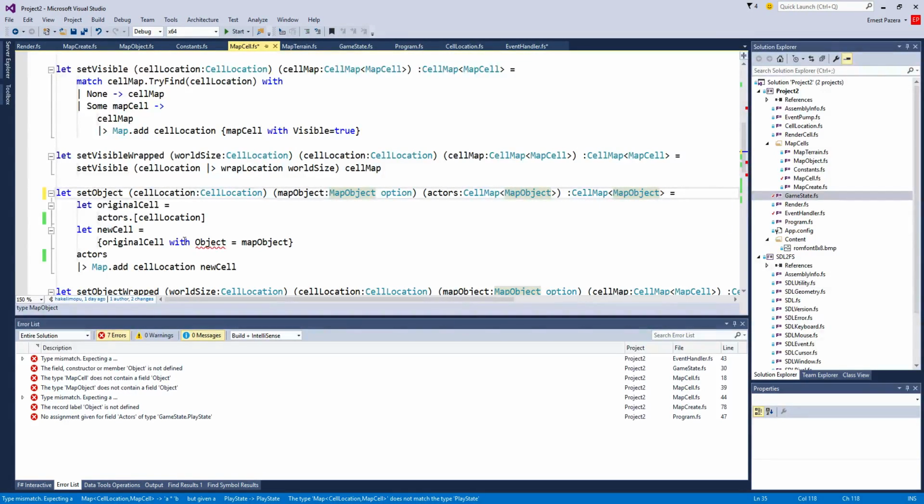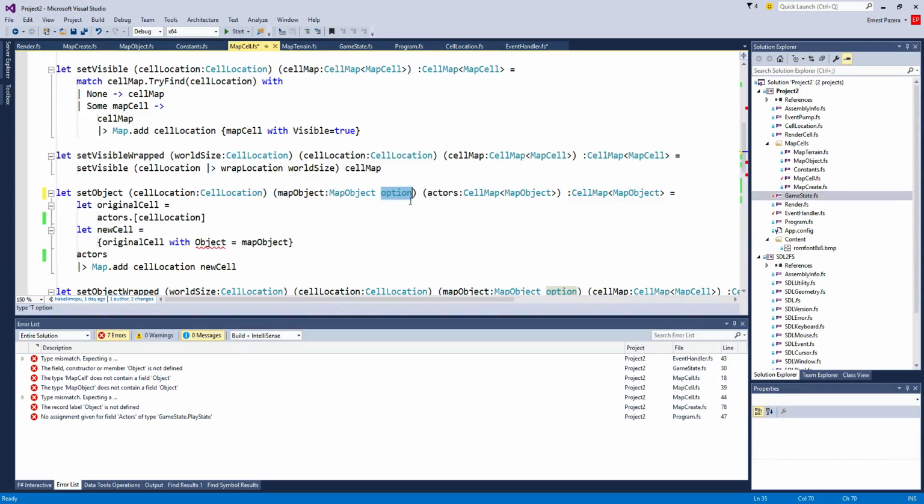So, cell map object, original cell with that. I don't really need... so I set the object like so. Okay. So now I have actors and I want to set the cell location to